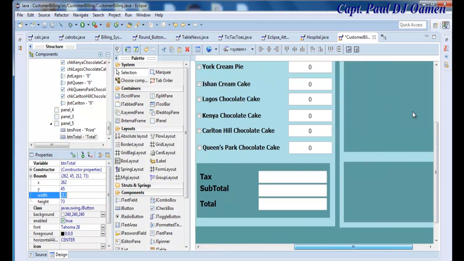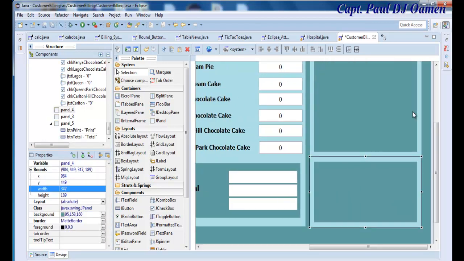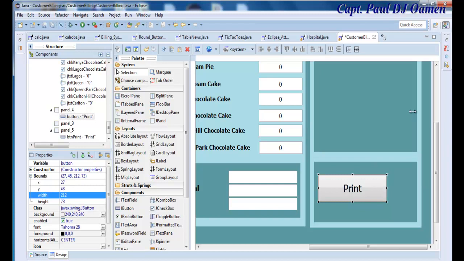Right, let's go to the next one here, paste, and we'll call this reset. So we have BTN reset,